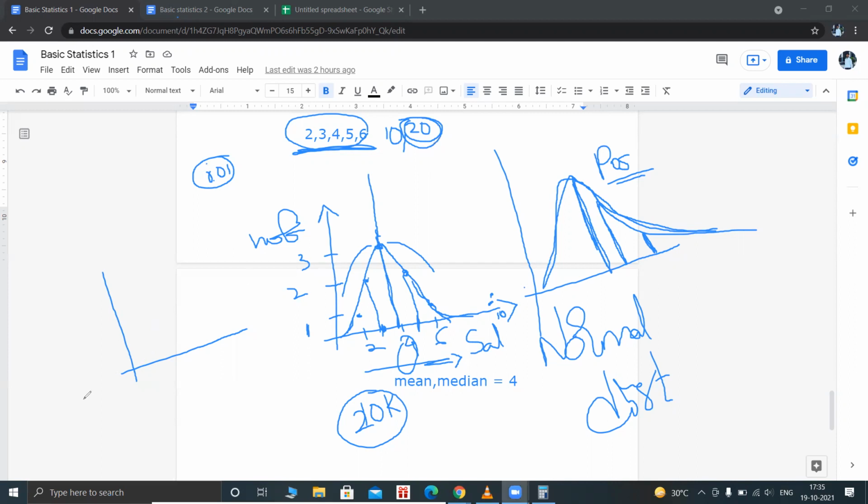Okay, so the diagram looks like this. See guys, this is called a negatively skewed distribution. Negatively skewed distribution, right? So my data points, by considering these three scenarios,